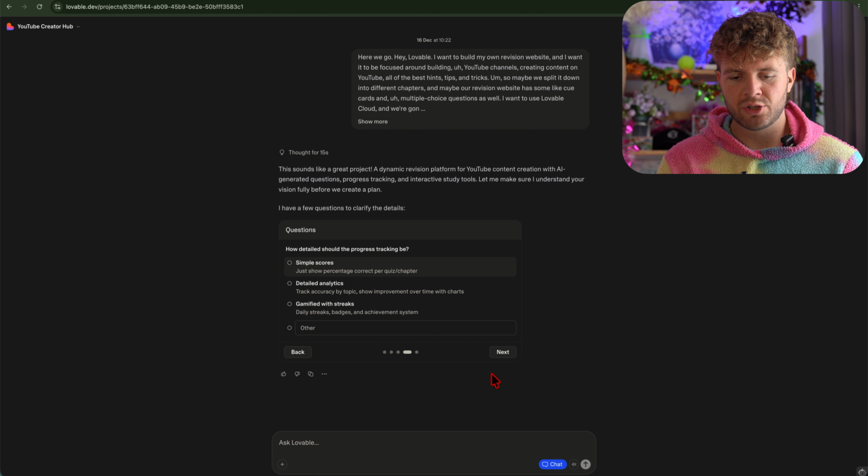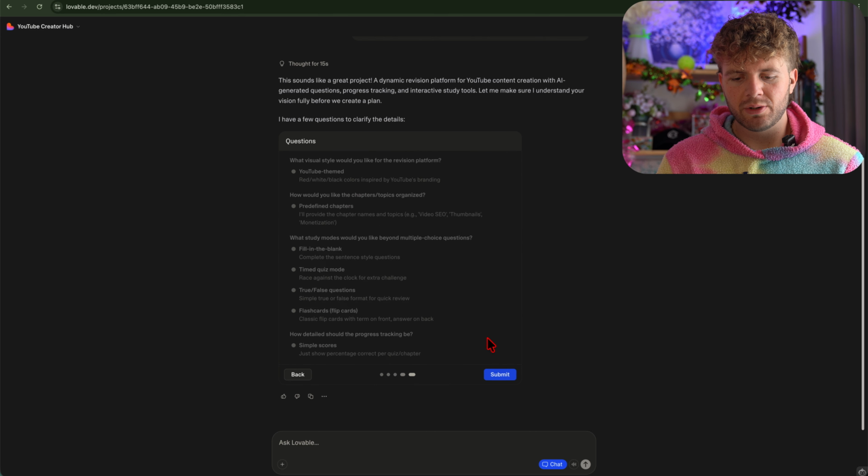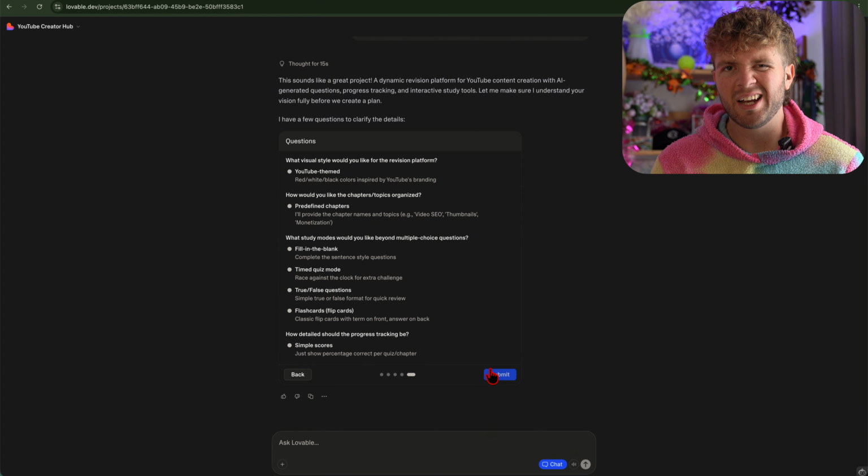And how detailed should the progress tracker be? Simple, just show a percentage. Detailed, track accuracy per topic, show improvement over time. Gamified with streaks. I think we'll start with simple for now, and we can always add to it and build